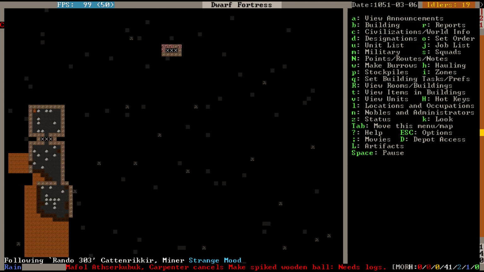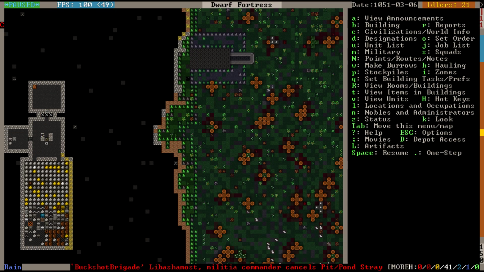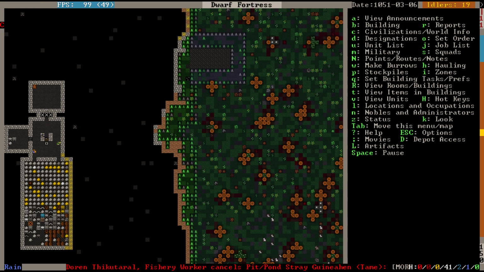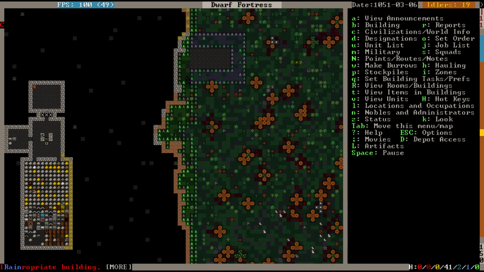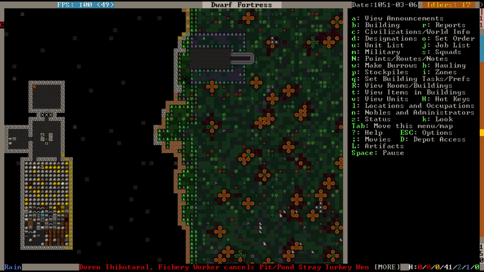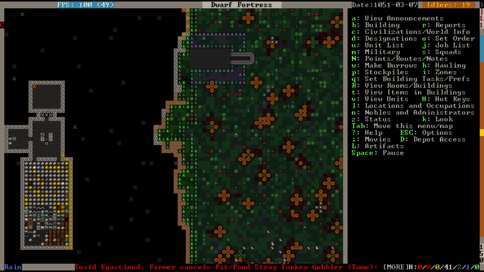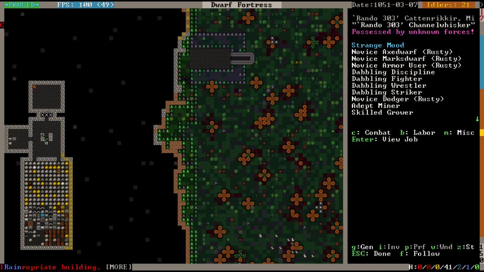What kind of workshop are you gonna claim? Rando 303. A mason's workshop. Okay, that's gonna kind of bugger with production a bit, but okay. Okay, let's see what he makes. He's gone. Okay, at least we know he's gone to get something. There he is. He's taken his stone in, and now